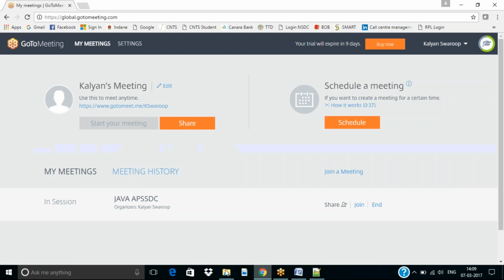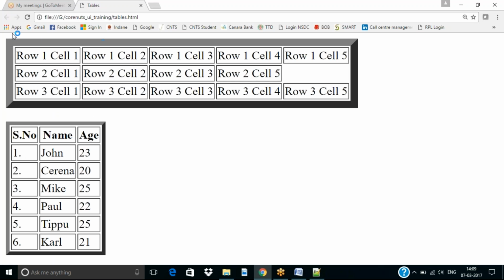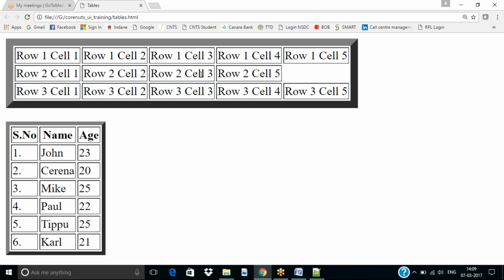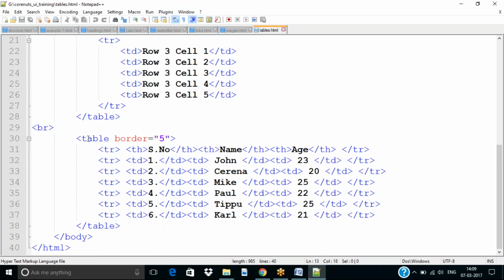Okay, so this is the output, the first one, this is the first table. Okay, first one, this one. Next, we have created one more table here with a border 5,